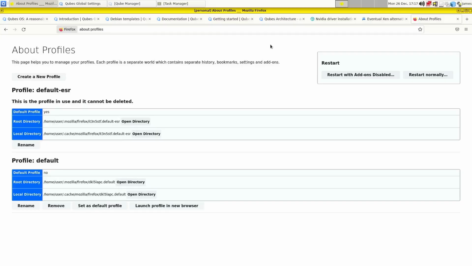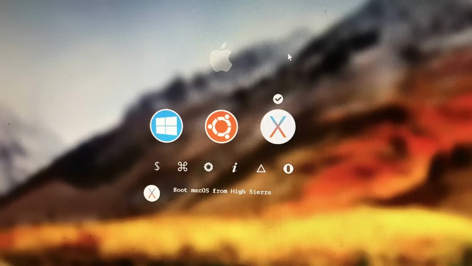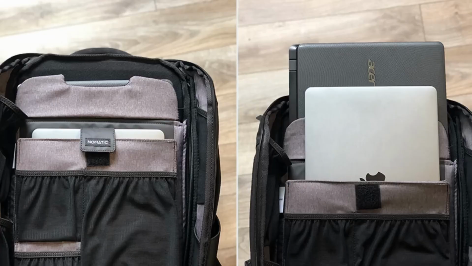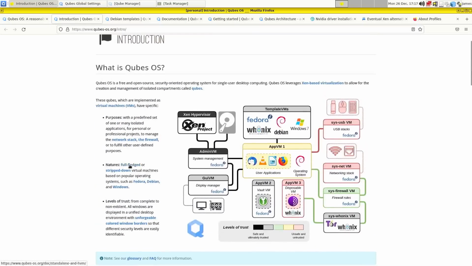And also, if you're only using user accounts for separation, if one of them gets infected by malware, there's a good chance that the whole operating system is going to get taken over, so it's not really an effective means of separation. And the same deal could also happen if you're booting multiple operating systems. Again, you're going to have to reboot, so that's not very seamless. And the ultimate end, using different devices, is really inconvenient because imagine traveling with 5 laptops. It's not going to be very easy to do that. So Qubes OS lets you have these different digital profiles at the same time, and it lets you keep them separate with virtualization.